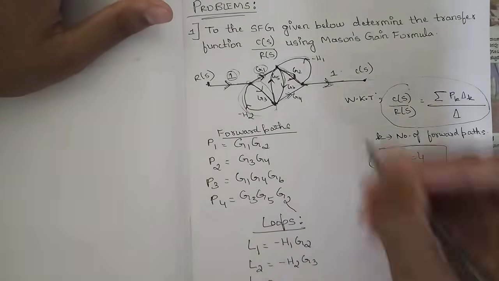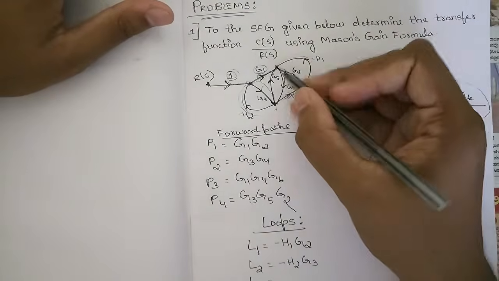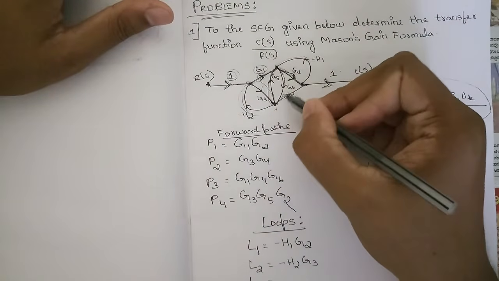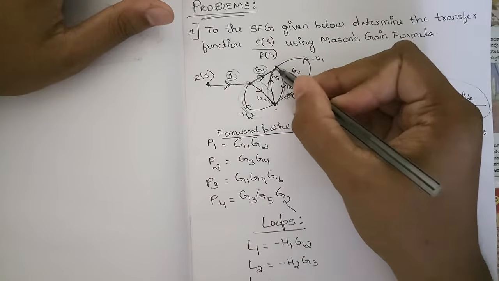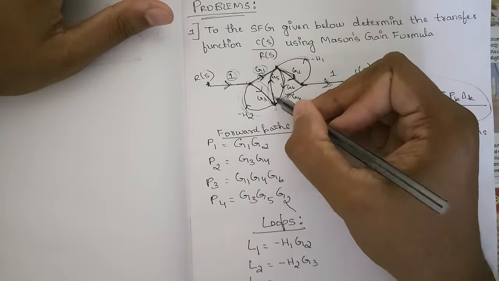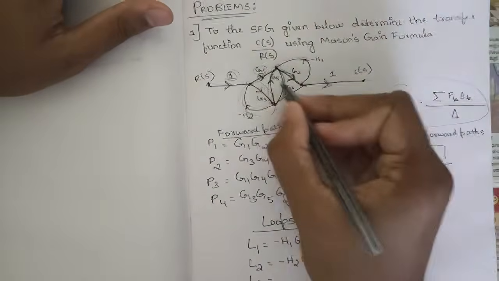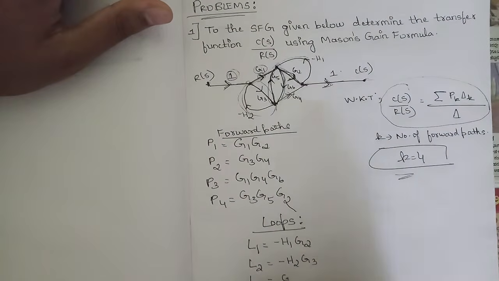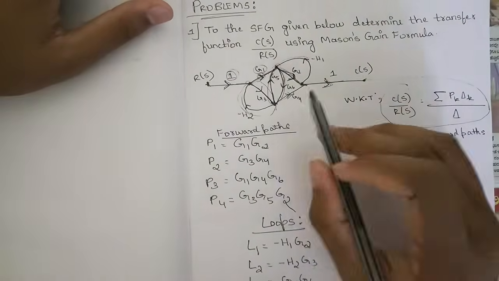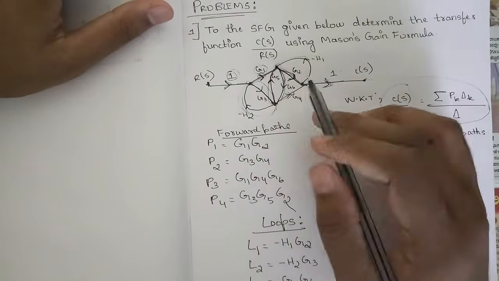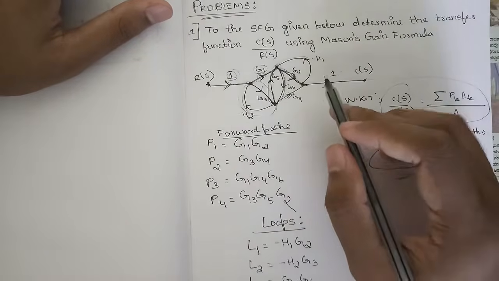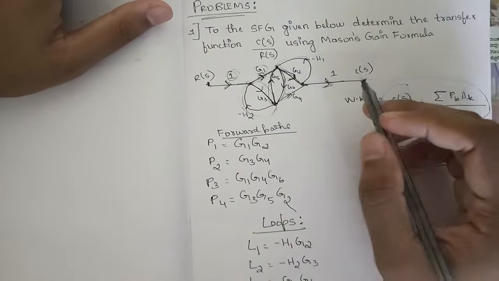So we have one more loop here, that is, we can see that this is a loop again, right? It starts at this point, goes here and comes back again, and again this is a loop here. So their transmittances are G5 and G6, so G5 into G6. Here, if we see whether there are any other loops, we have one more loop here, yes, L4, that is